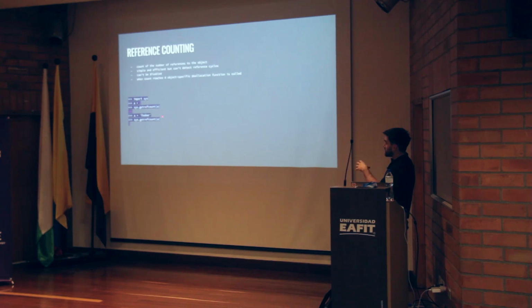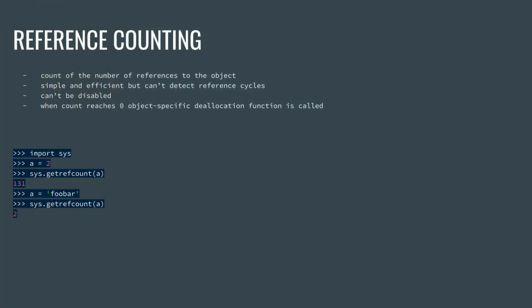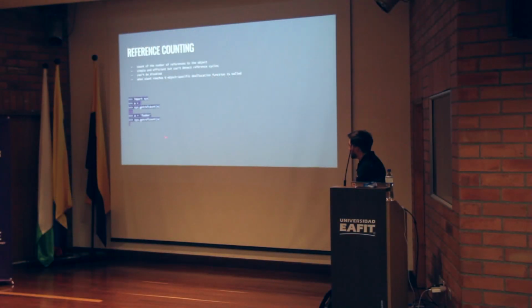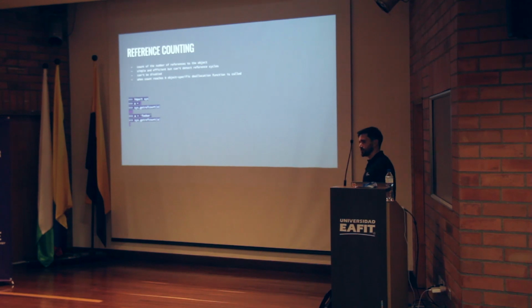This is actually the vanilla Python interpreter. There wasn't any code before. This is what it returned when I tried to get the reference count from the integer 2. And also, I actually wanted to ask you, do you know why the reference count there is 2?